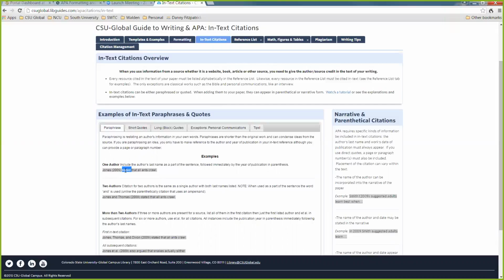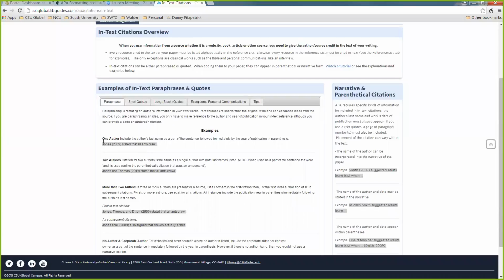So all of the research has already been conducted. If you're looking at something and you have a source, it already happened. The research already was conducted. So you use past tense. So you don't want to say Jones states. No, he already did that in 2009. He stated it. So if you just have one author and you want to include the author's name as part of the sentence,